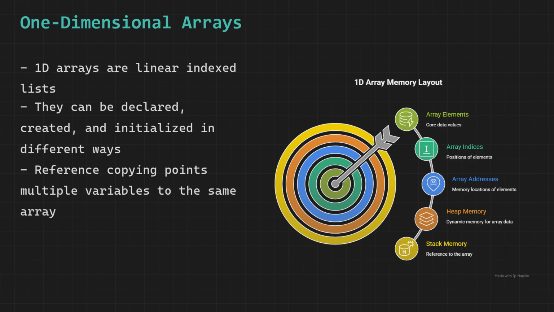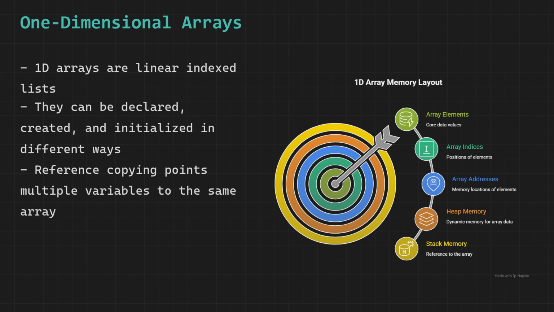A one-dimensional array is the simplest form of array. Think of it as a row of numbered boxes, each box holding one value. All boxes are of the same type and each box has an address called an index starting from 0. There are 3 ways to declare and initialize a one-dimensional array in Java, and the diagram shows all 3 clearly.